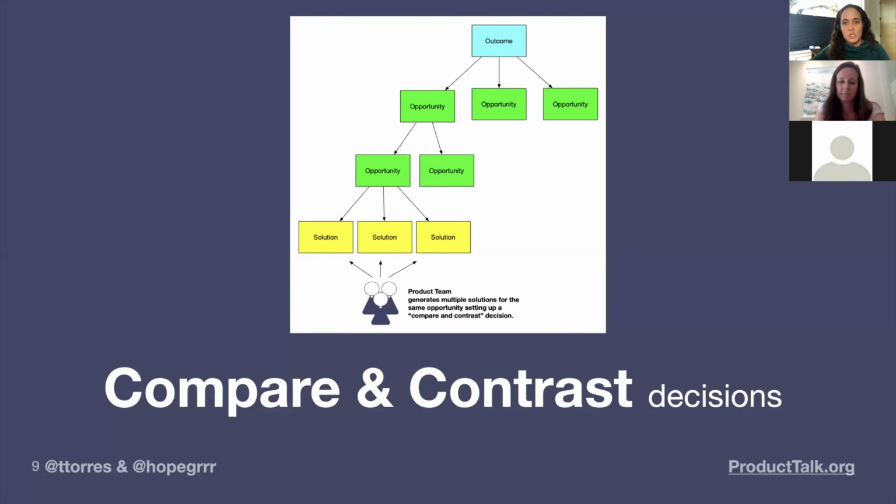And then once we choose a target opportunity, we can also compare and contrast at the solution level. So Hope talked about this a little bit. When we're experimenting, if we're only working with one solution, it's hard to evaluate whether our experiment results are good enough or not. Whereas if we're comparing and contrasting solutions, we can ask a different question, which is which of these looks most promising? Which looks best? Is there a clear front runner? I'm going to stop sharing that. Hope, do you want to add anything there?